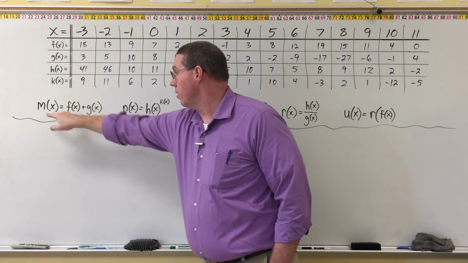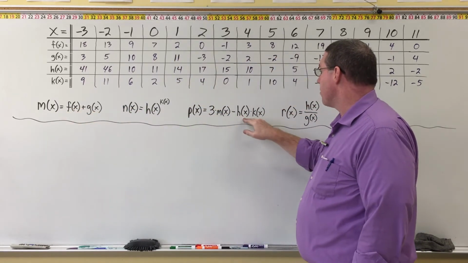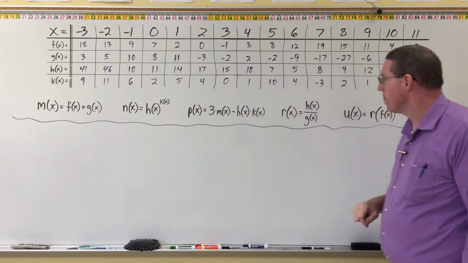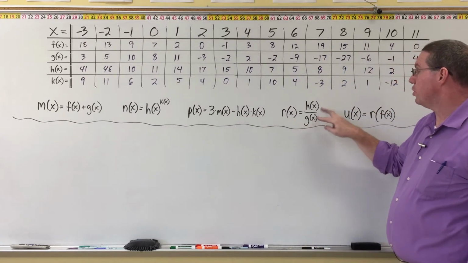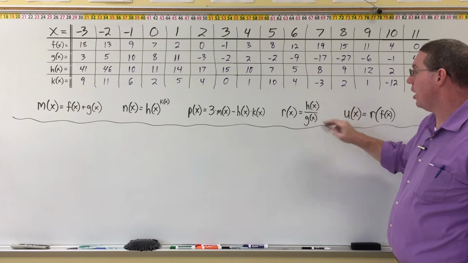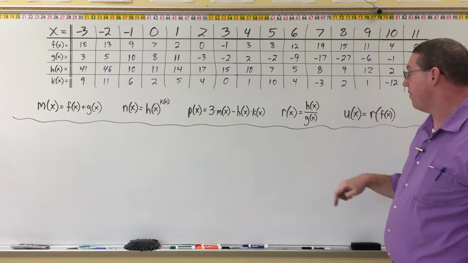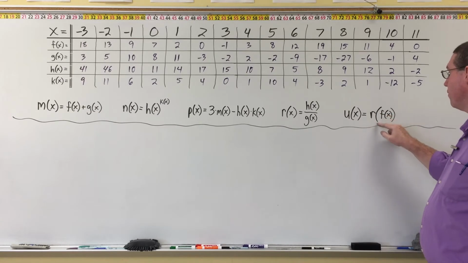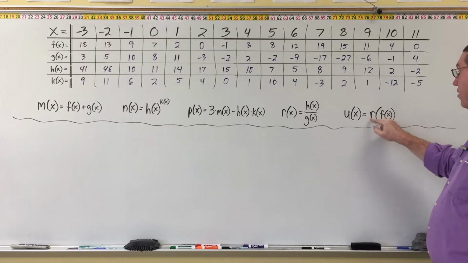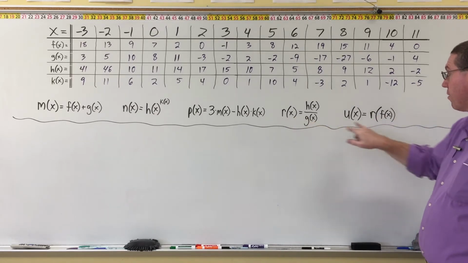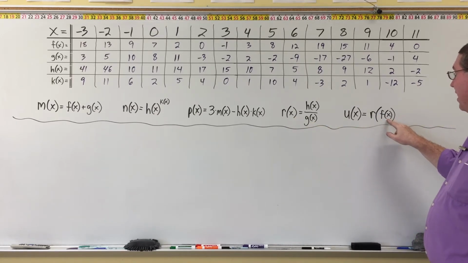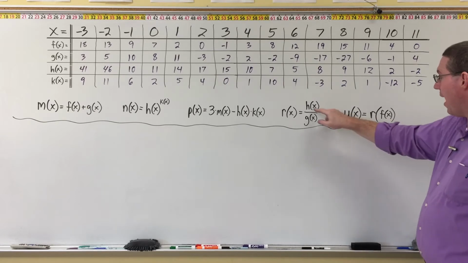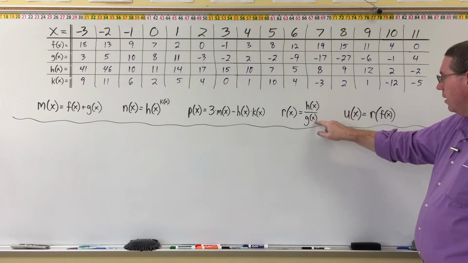p of x, which is equal to 3 times m of x, this m of x is this one right over here, okay, minus h of x times k of x; r of x, which is the quotient of h and g, h of x divided by g of x; and then u of x, which is a composition function here of r of f of x. So we're plugging f of x into r of x. Here's r of x. So we would be plugging f of x into the x's in h and in g,